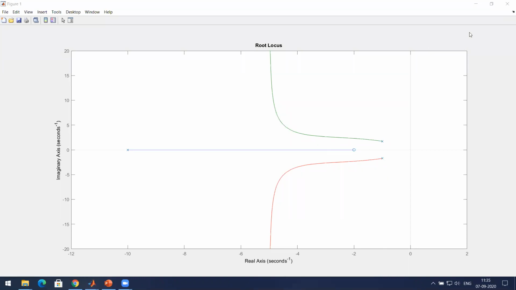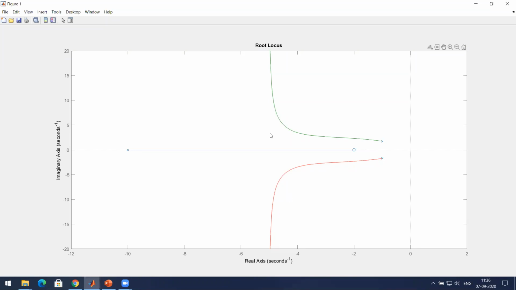Now there may be a situation where the poles are actually going towards unstable. So what kind of system is this? This is a stable system because everything is on the left side. Suppose you have a system where with increasing k a pole goes to the right side and makes the system unstable, that is also possible. Here in this case you don't see that. You see that these 2 poles go to infinity.